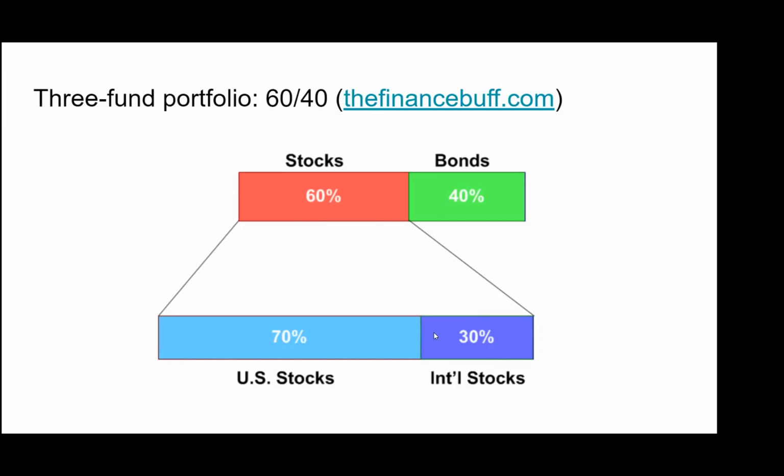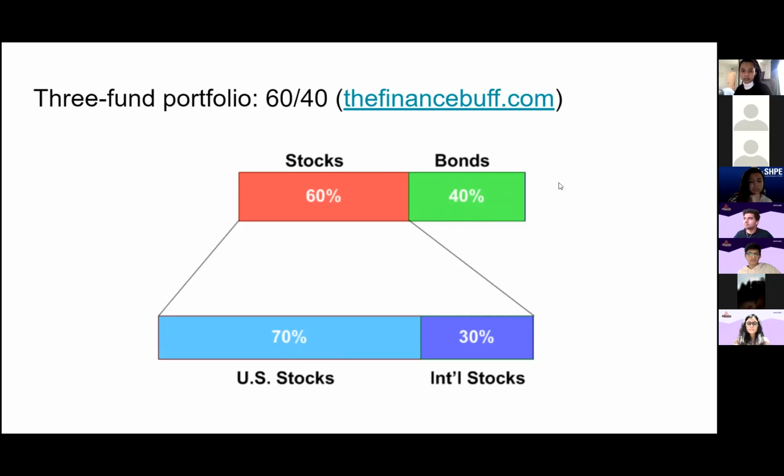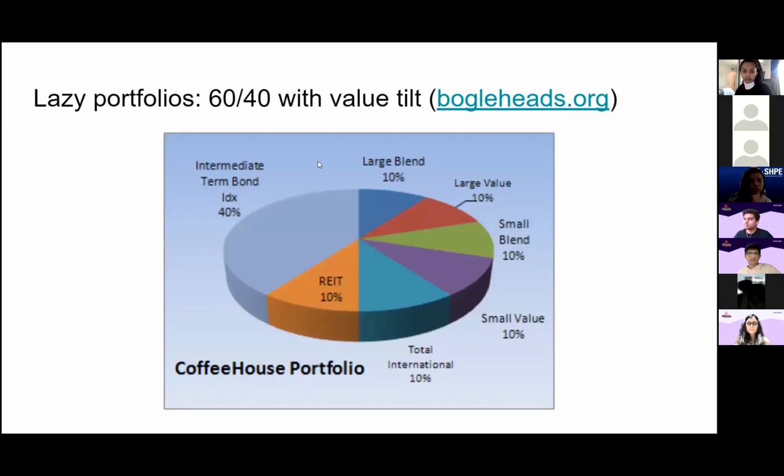So you're going to be thinking, you have a 60% stock allocation, but within that 60%, you're going to have some fraction that's U.S., some fraction that's non-U.S. So 70-30 would be typical. I myself, I'm 60-40 U.S. On non-U.S. I'm 20% bonds. You, as a younger person, maybe you want to be 10% bonds.